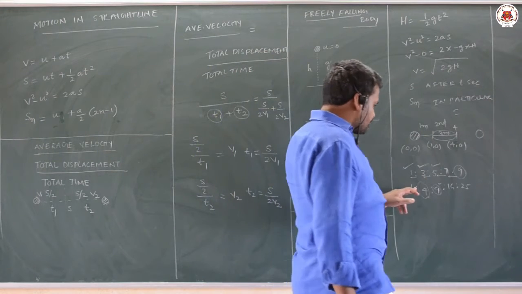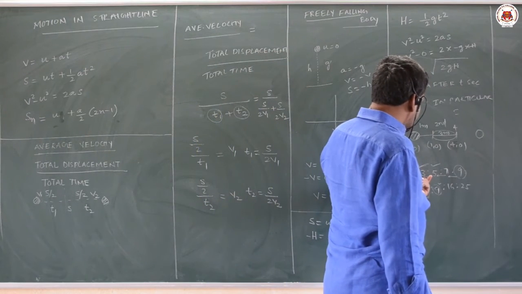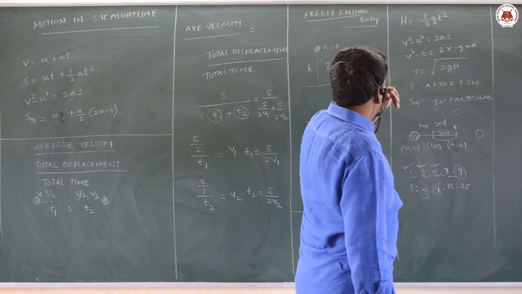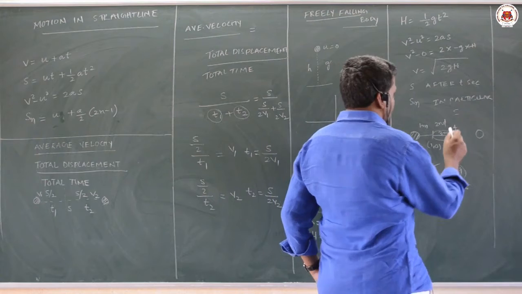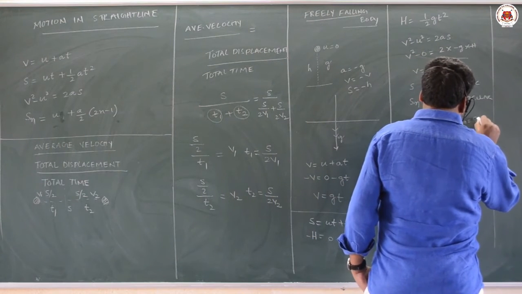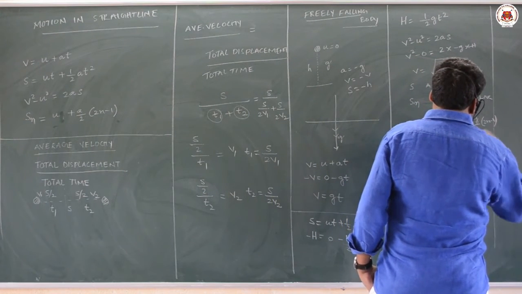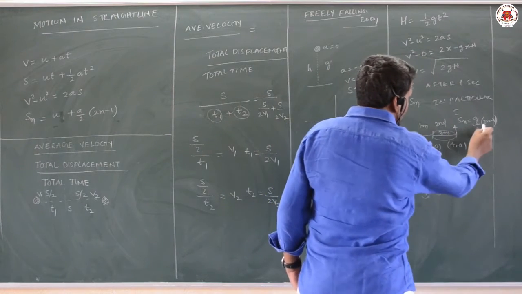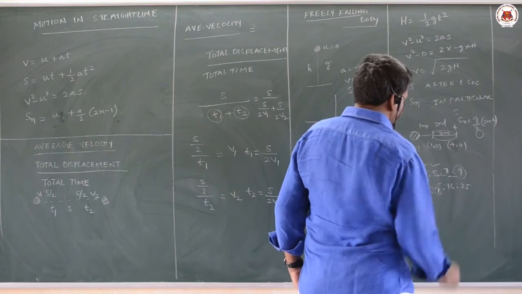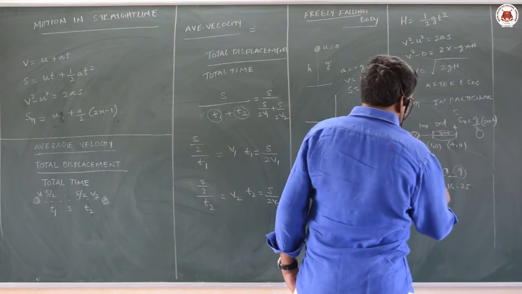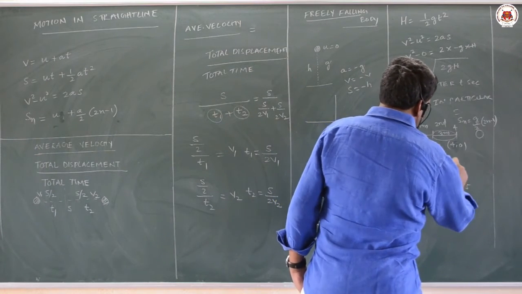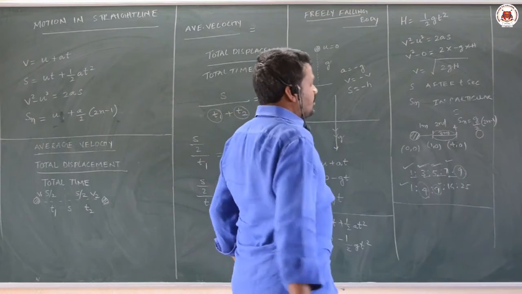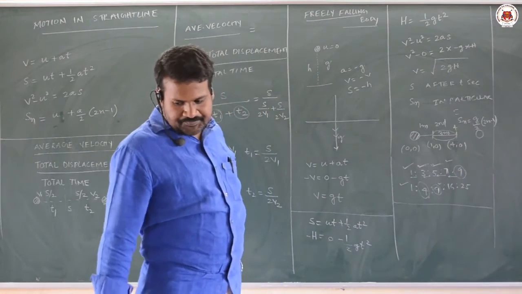At the same time, this displacement increases. You can observe the displacement also. Displacement travelled in a particular second depends upon the n value. Sn is equal to g by 2 into (2n minus 1). So, it is proportional to 2n minus 1. For the first second you will get 1, for the second you will get 3, for the third second you will get 5, for the fourth second you will get 7. So on it continues. So, this is the concept of a freely falling body.